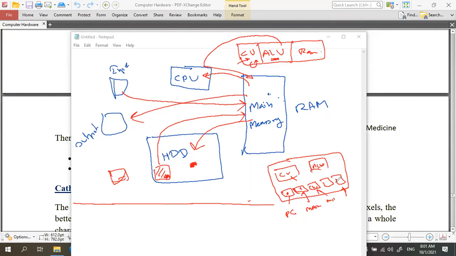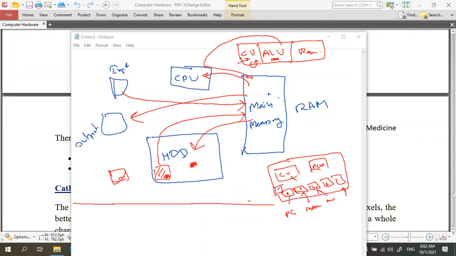Right? Again, there's a memory buffer, which will keep the temporary data, right? There is another register like that. So there are multiple registers. We call this the register array. Each register has a special purpose: to keep the next instruction, to keep the instruction to be processed, then to keep the instruction inside the CPU, in the arithmetic logic unit, which is currently being processed, right? So these are different registers.